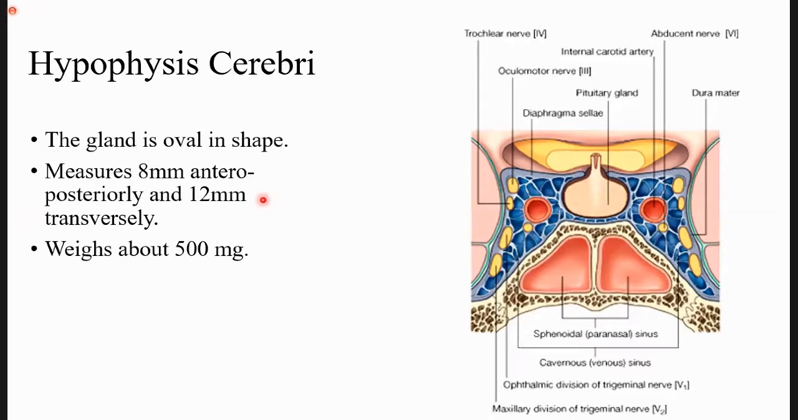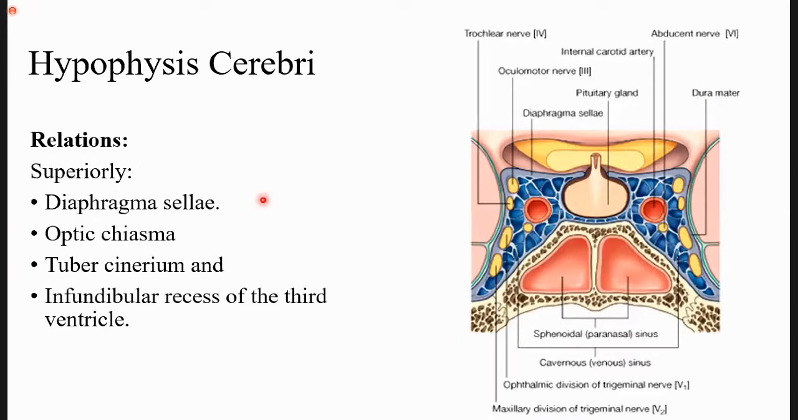endocrine gland. And if you come to the relations of the gland, then you see that superiorly, as I told you before, this is the diaphragm sellae. Then above that diaphragm is the optic chiasma. These two optic nerves join to form a chiasma over here. So these are at the superior side of the pituitary gland. So any growth of the pituitary gland is definitely going to compress this chiasma and the optic nerves,